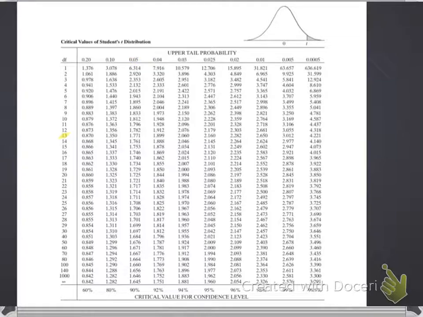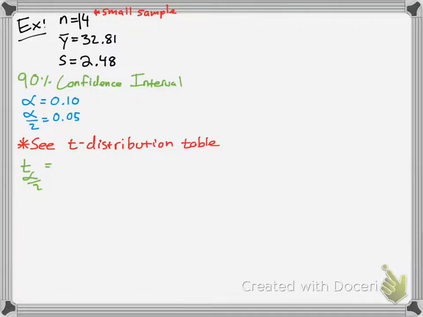or excuse me, yes, that's correct, 5% on each end. So you have 5% over here and 5% over here. So then you would have 5% on each end, which would give you a t-value of 1.771. So now you put that value in, and remember this is degree of freedom with 13, and you get